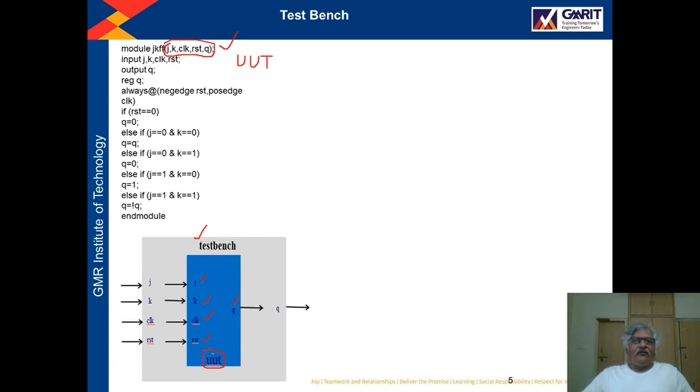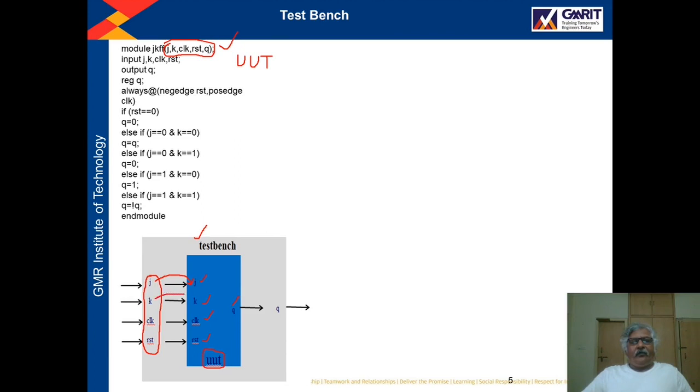Whatever ports I have written here, J, K, CLK, RST, Q, these ports are indicated in this UUT. Now in the test bench, I am using the same names for the test bench ports, right? J port of the test bench is associated with the J port of the unit under test.